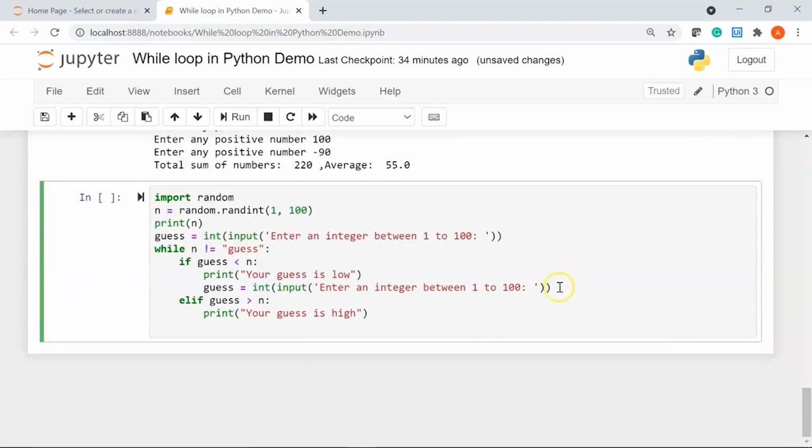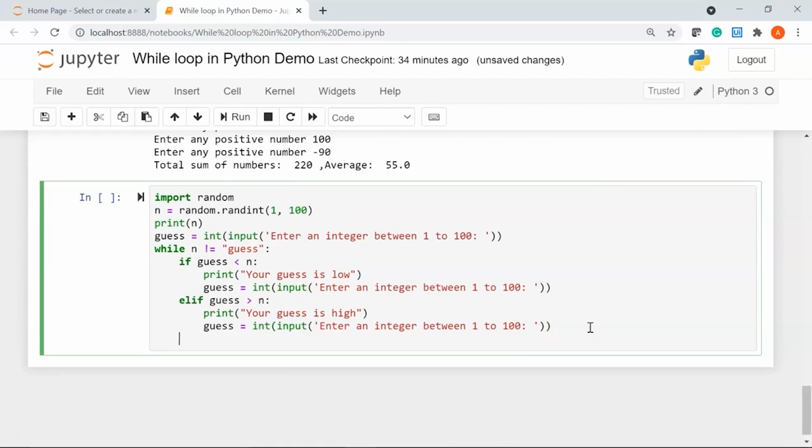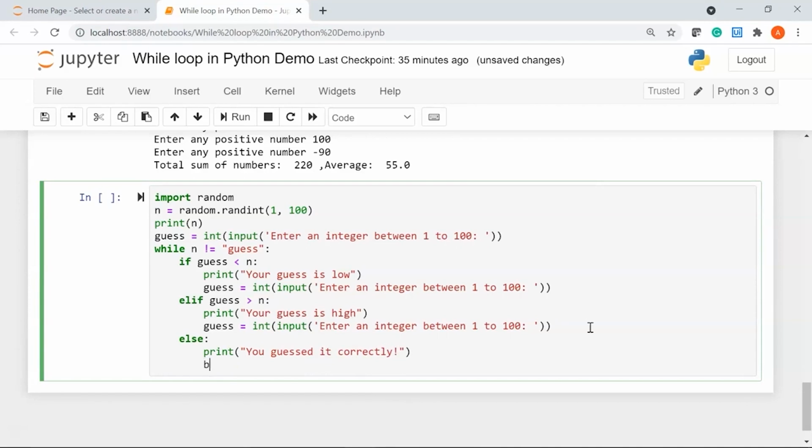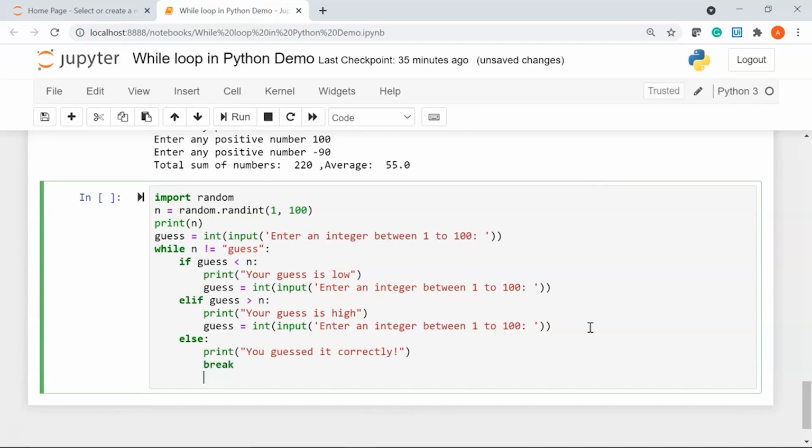Then we are again going to ask the user to guess a number between 1 to 100, and after that I'll say else, we'll print you guessed it correctly. Then we'll break out of the loop.